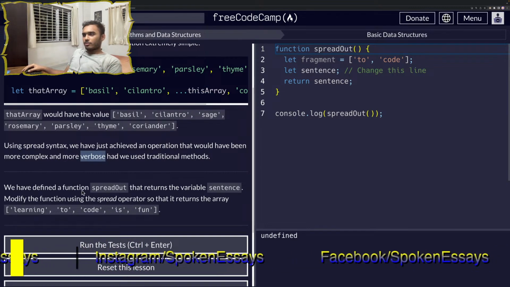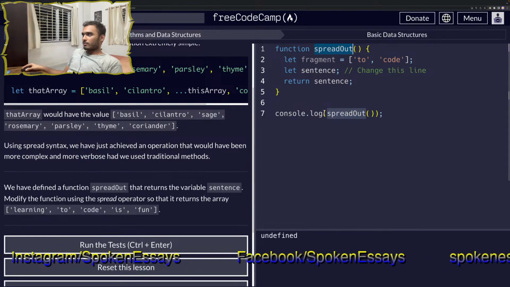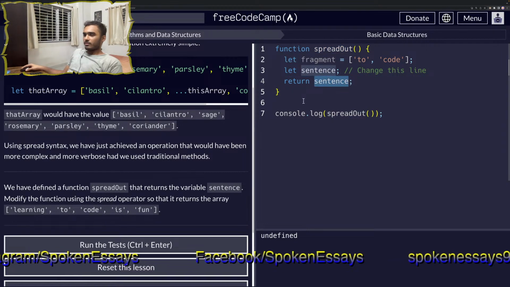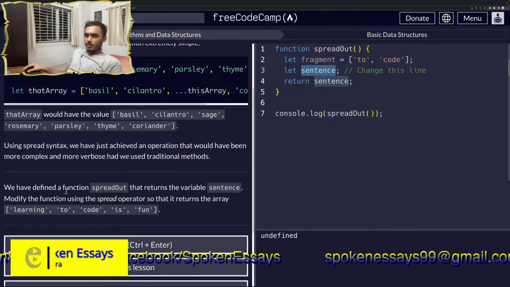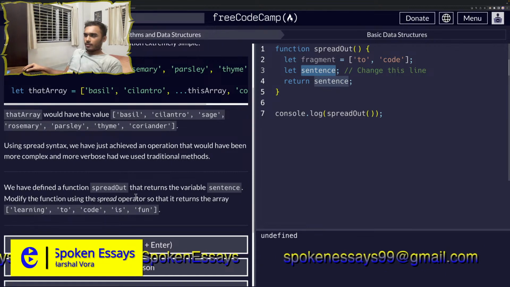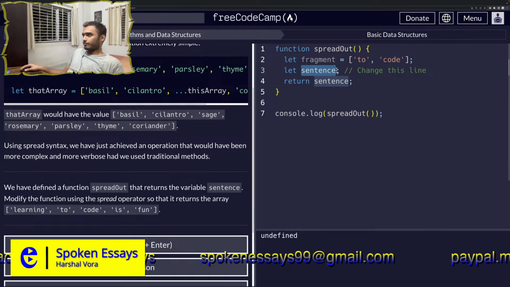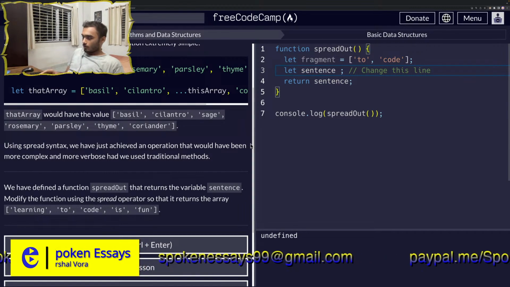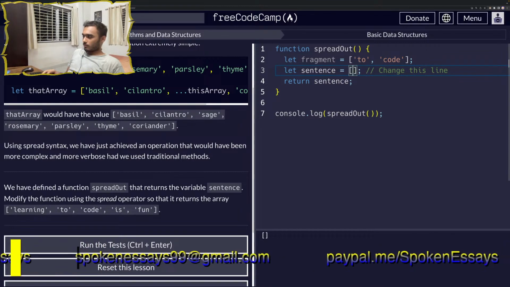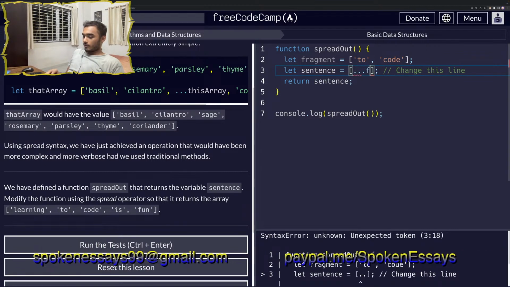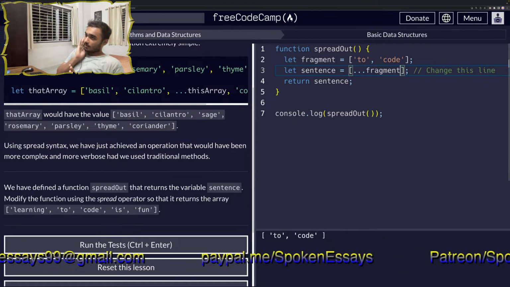We have defined a function spreadOut. You can see that it returns the variable sentence, which is this, but it's empty. Modify the function using the spread operator so that it returns the array this. Okay, so we write this, and inside this we write probably dot dot dot. I haven't even tried to figure out the code, but apparently yeah, I think